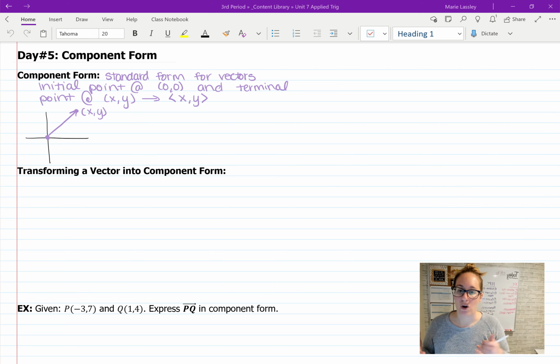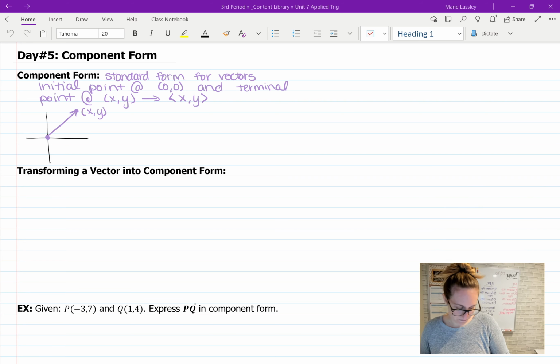Now, obviously, not all vectors are going to be given to you in component form. One way that you could get your vectors presented to you is with the actual points. So it can say initial point here, terminal point here, and they might not be at 0, 0. So you're going to need to figure out a way to take 2 points that are not at 0, 0, a vector that's just floating off in, say, the second quadrant or something, and you need to move it so that it goes to 0, 0. And there's actually a really quick formula that is going to do this for us. So to transform a vector into component form,